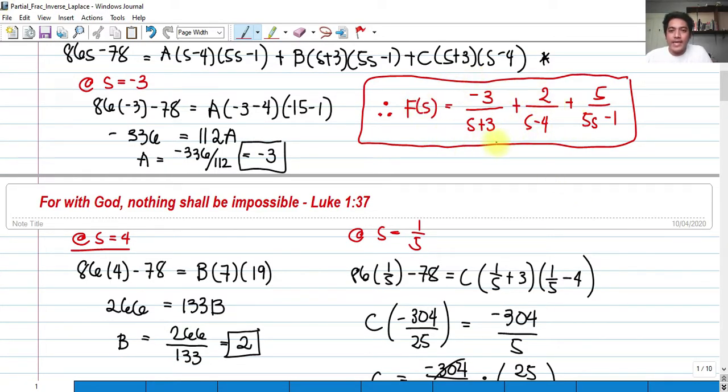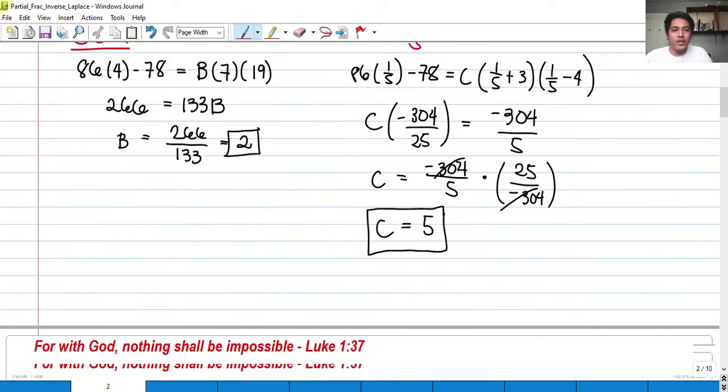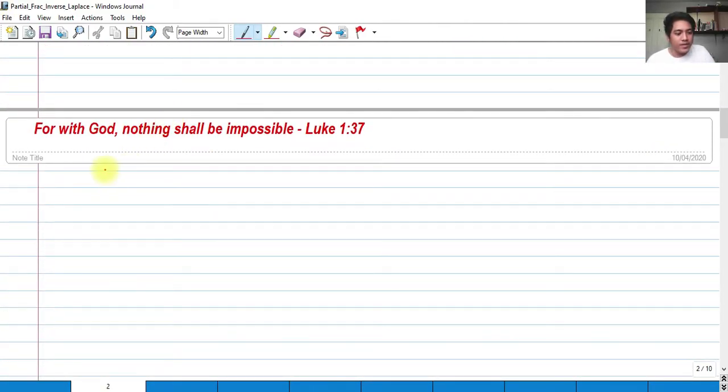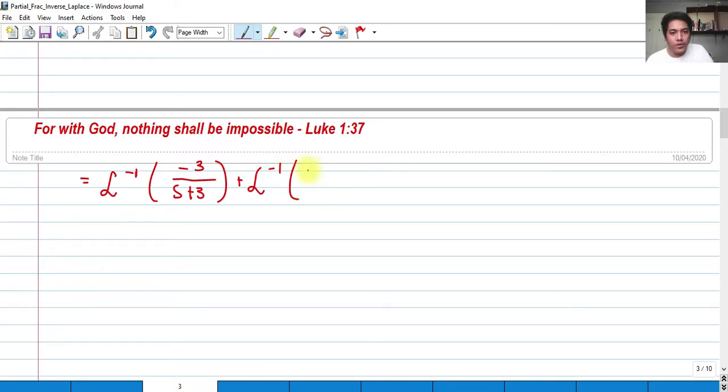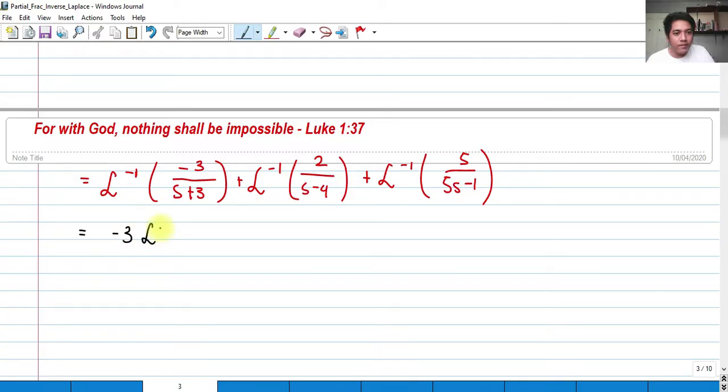We need to get the inverse Laplace of this. So how do we get the inverse Laplace of that? We have the inverse Laplace for negative 3 over s plus 3, then the inverse Laplace for 2 over s minus 4, that is the property of the inverse Laplace, plus the inverse Laplace of 5 over 5s minus 1. Again, we can factor out the constants. So we have negative 3 inverse Laplace of 1 over s plus 3, plus 2 inverse Laplace of 1 over s minus 4,